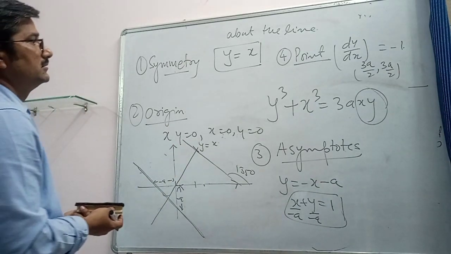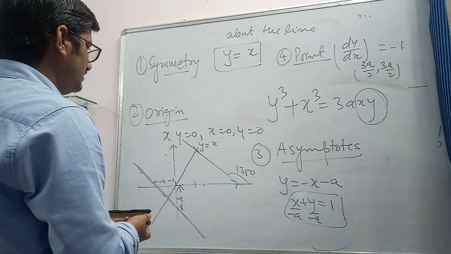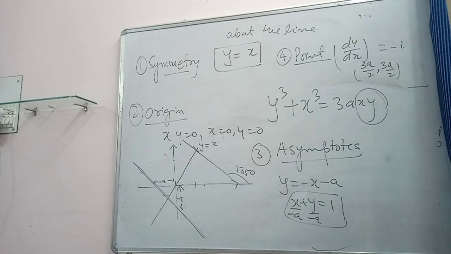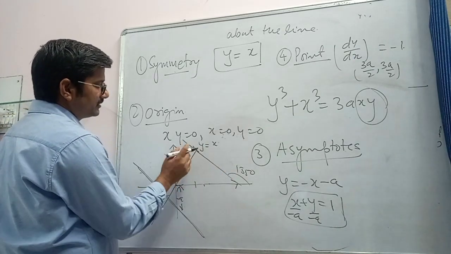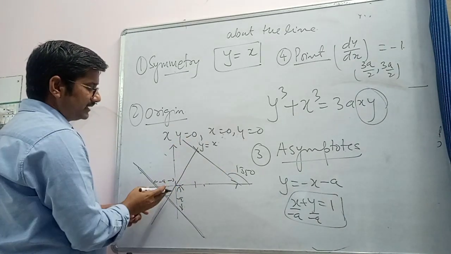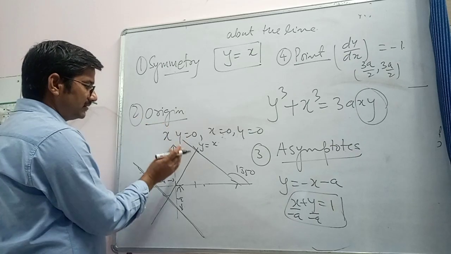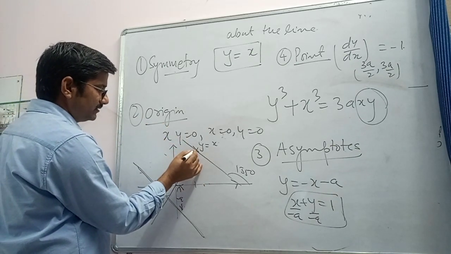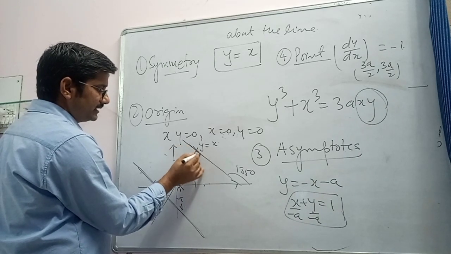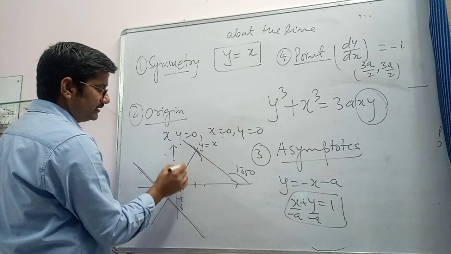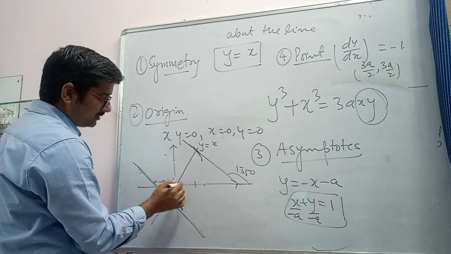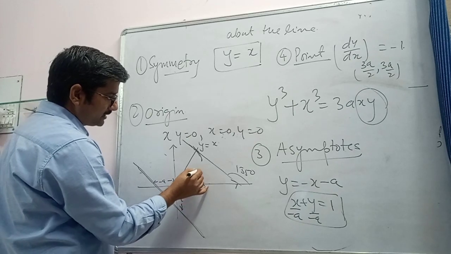Next is the last point. So I think there is no need to check the region for this one. These points are sufficient. So we can draw this curve because this is the tangent and it is symmetric about this line. So we can draw the curve either below this line or above this line. So suppose we trace below this line. This is the tangent, so it will touch this point. This is also tangent, origin is a node. So start from here and join this one.